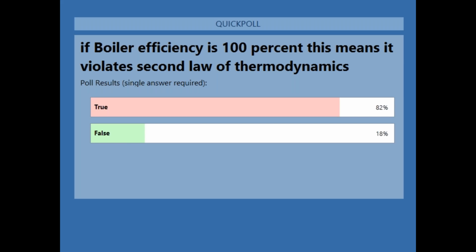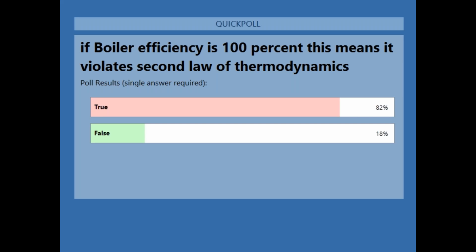Kunal is saying it is a closed system. Pranav is saying it is an open system. Deepak is saying it is a closed system. Ganesh is saying it is an open system. Kamlesh is saying it is a closed system. Rushali is saying it is an open system. Akanksha is saying closed system. Atul is saying open system. Neha is saying it is an open system. Tejas is saying it is closed. So you see now that there are a lot of opinions, right?